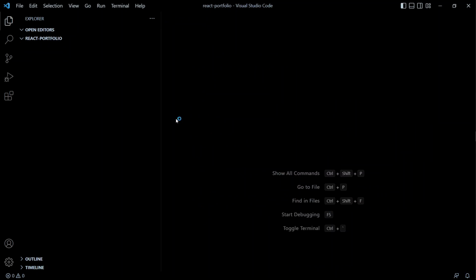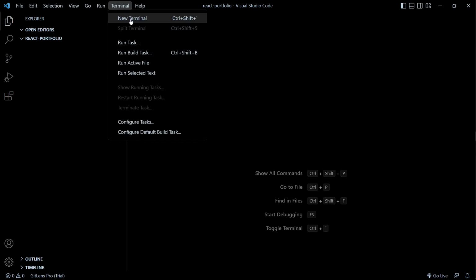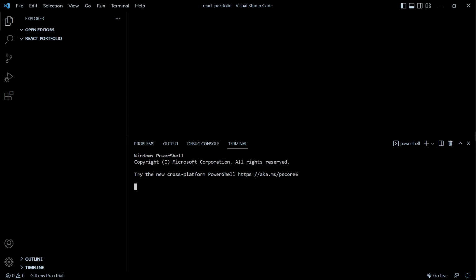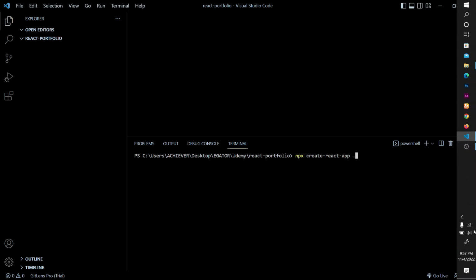All right, I'm going to close this and I'm going to open a terminal. Okay, VS Code comes with an integrated terminal, so we are going to click here and then open a new terminal. I'm going to type clear to clear the terminal, and I'm going to run npx create-react-app, and a dot. Npx is a package runner, and that is going to create a React app for us. Okay, now make sure you have an internet connection